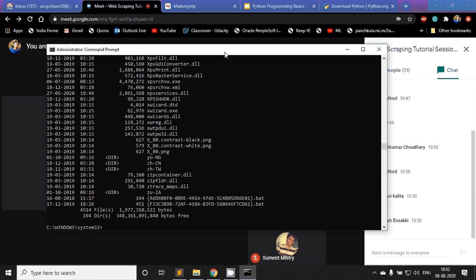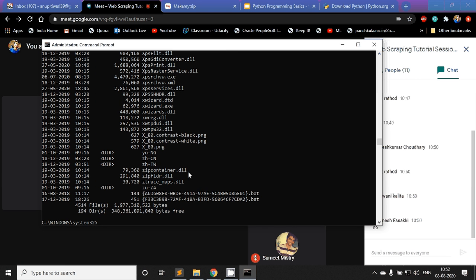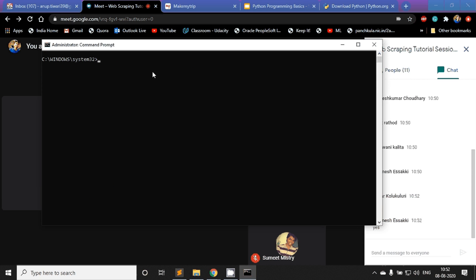So let's say I am here and I just say command prompt here. I can see that I could open the command prompt in this directory. So it doesn't matter where it opens. That is fine. That is what we will discuss, how to traverse through the file structure. Okay, so I am in C Windows system. If I go here in my folder,